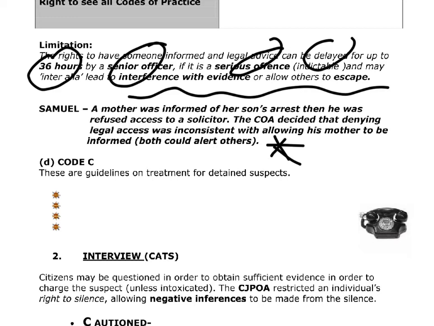Third Code C guideline, that you're allowed your 3 meals a day. And finally, 8 hours sleep, but it's got to be continuous sleep.